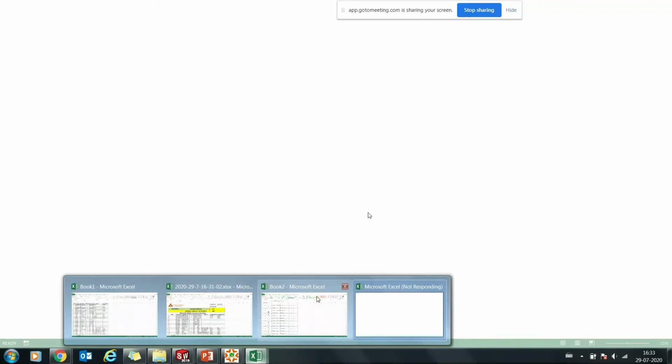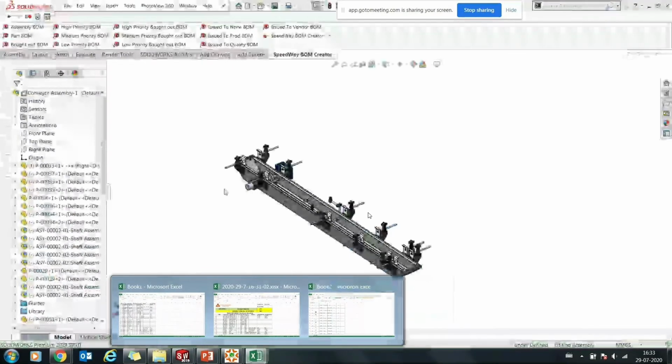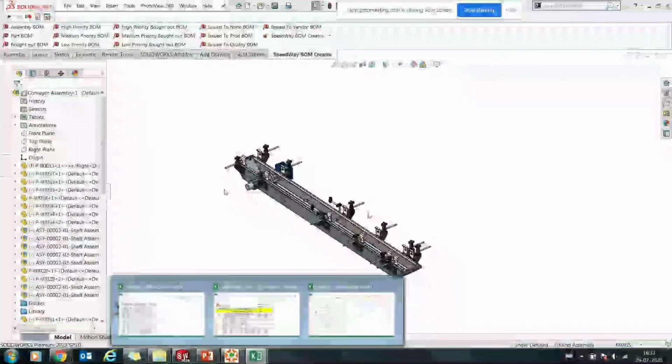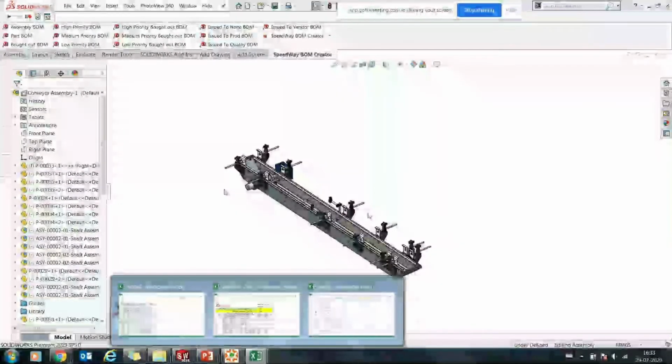So now when I say bought out details, it covers all the bought out details. So it gives you only the details of bought out available in my machine, right? So now the segregation of my parts becomes much easier for me. It's a huge time saver. When I'm working with machines like 4,000 components, 5,000 components, it's a huge time saver for me, right? And time, we all say, is money, right?